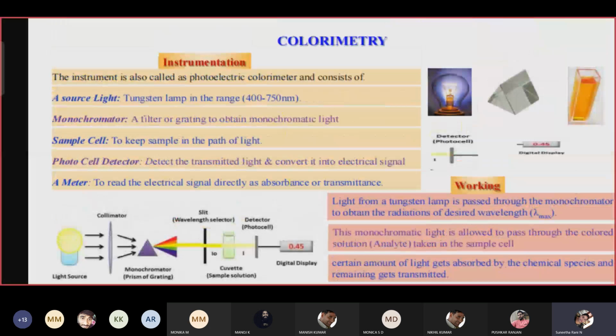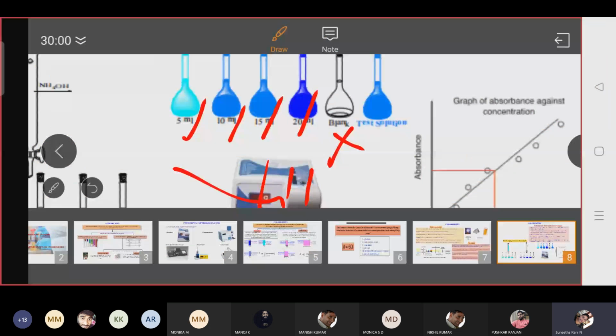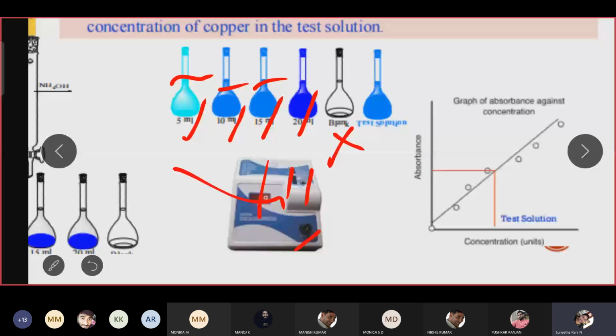After adding copper sulfate in different volumes to the solutions, next you have to add ammonia to the same standard flask, and next you have to add water up to the mark. This is the mark. You have to prepare the standard solution. Once water is added, the series of solutions is prepared. First keep the blank in the sample holder and place it in the instrument. Set the instrument to 0.